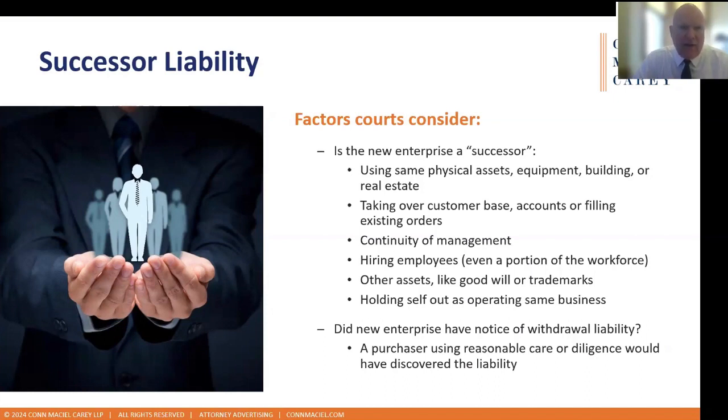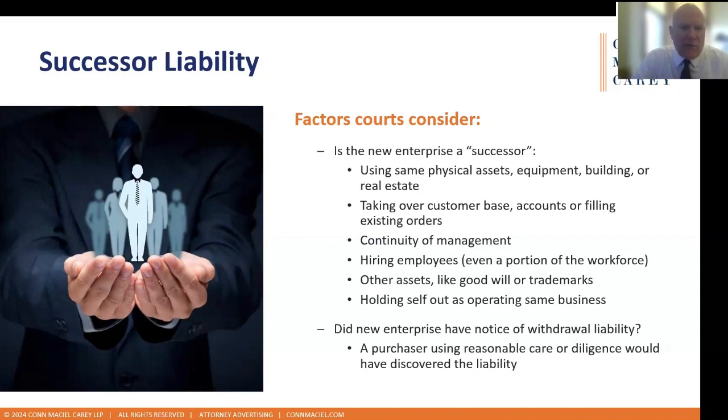In that Heavenly Hana case that was listed on the prior page, the court found that a failure to investigate whether there was pension withdrawal liability, and just relying on the representation of the seller that there wasn't, was not warranted. And so they said that the purchaser had constructive notice, and they indicated that where the purchaser had a due diligence team, they were purchasing a hotel in that instance, and they checked, sending people out there to see whether there were termites and whether the roofs were good and how the structure was.